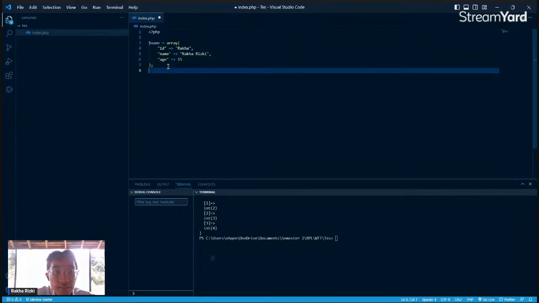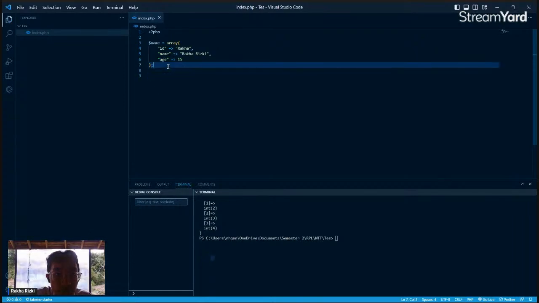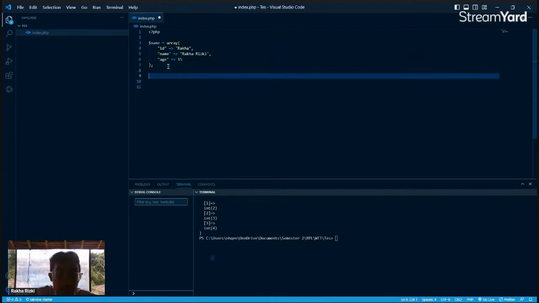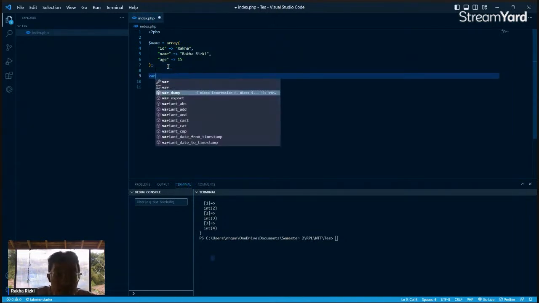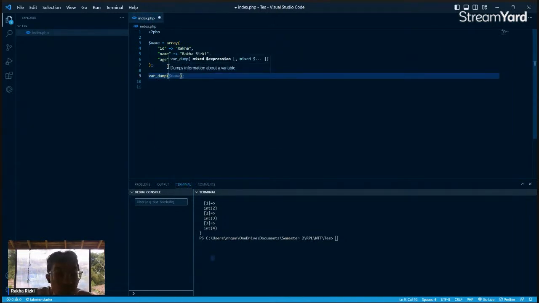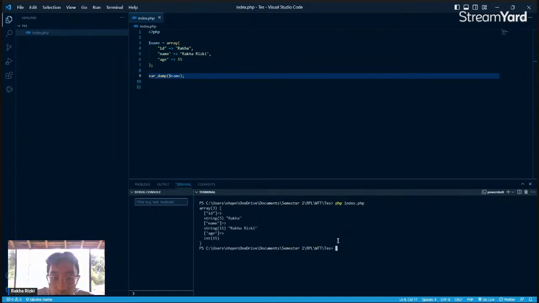So if we are done, we can run it like this, and then variable name. If we run it in the terminal, this will show array 3: ID string Rakha.